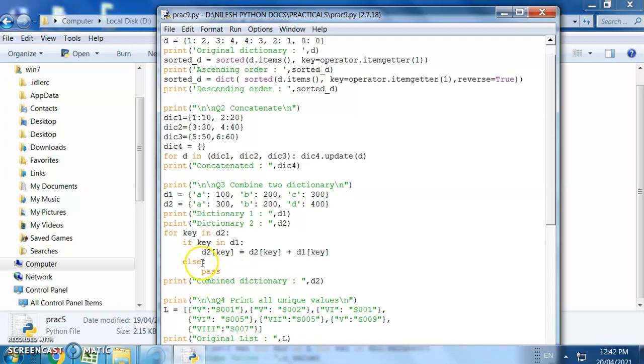If it's not equal to the key value, the control is going to pass to the else part, and it's going to pass the values. After performing all the iterations, it is going to show you the combined dictionary. When we print dictionary 2, it's going to show you the combined dictionary.